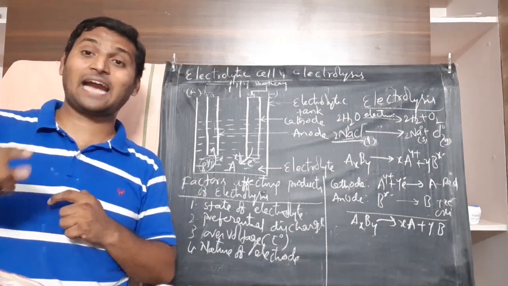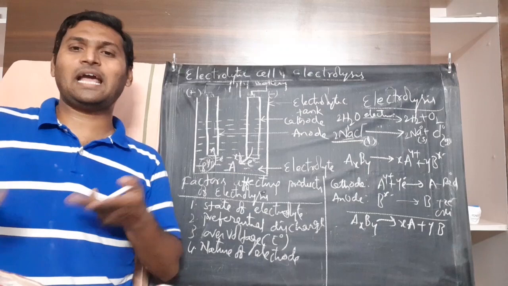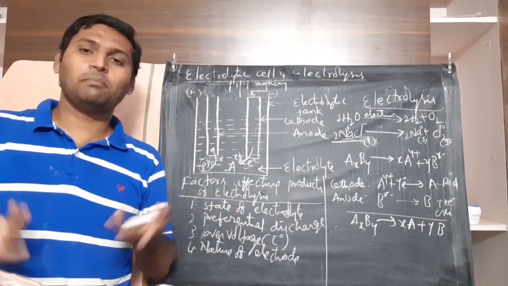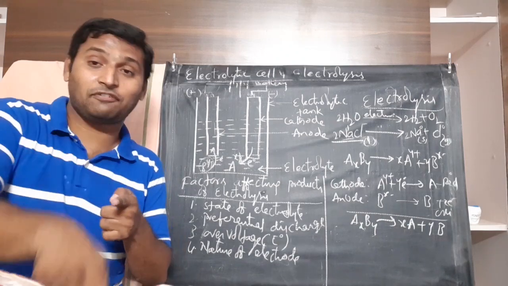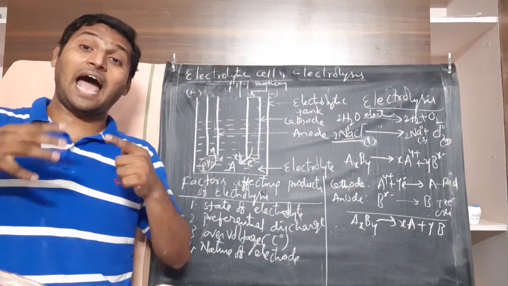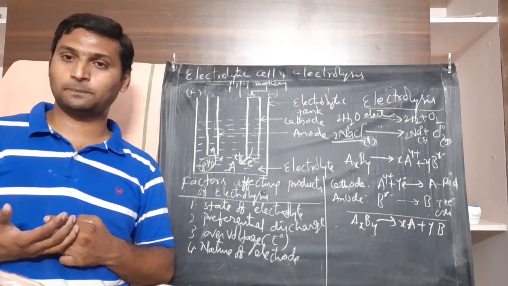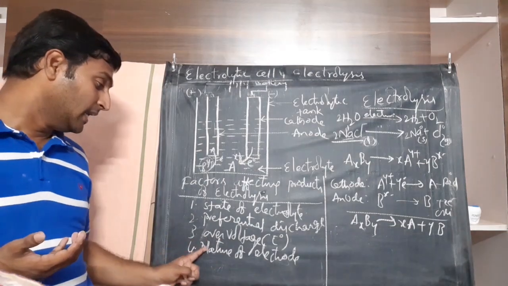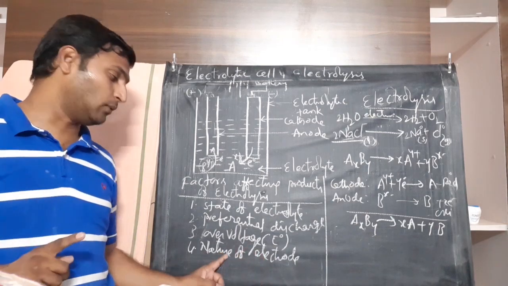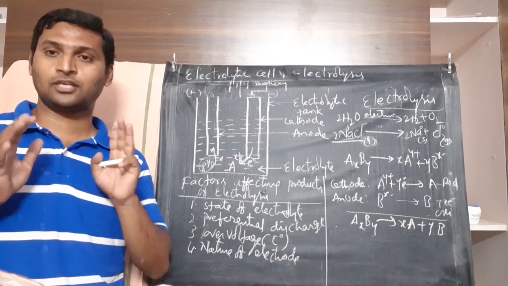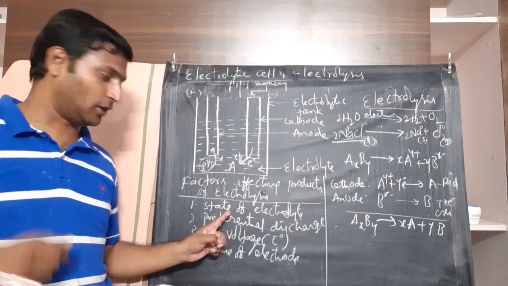Whereas if you take any reactive electrodes like copper, to some extent silver, if it is more reactive than the element present in the solution, it may react. So if you take reactive electrodes, even the electrode will be coming and interfering with the reactions. In that case, an unexpected product might come, though you have different kinds of species in your solution. So please understand, the nature of electrodes, whether it is inert or reactive, will decide what kind of product should be formed during electrolysis. So quickly, whether the electrolyte is molten or aqueous solution will decide the products, number one.